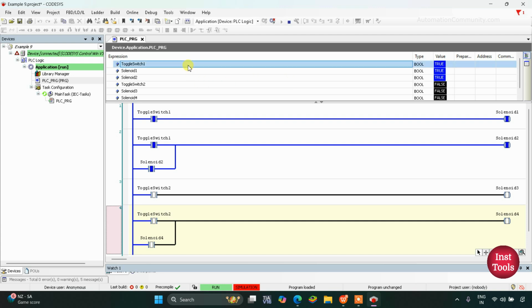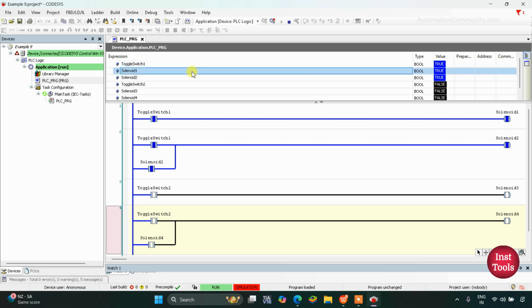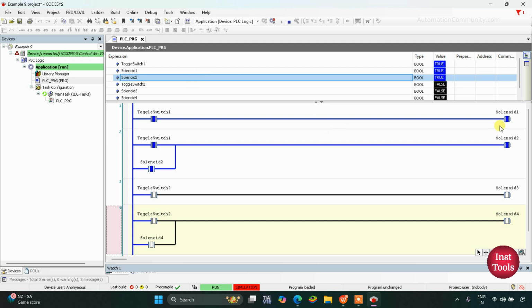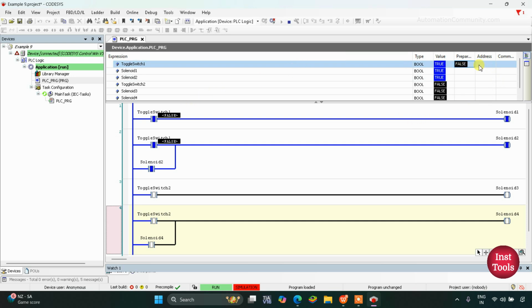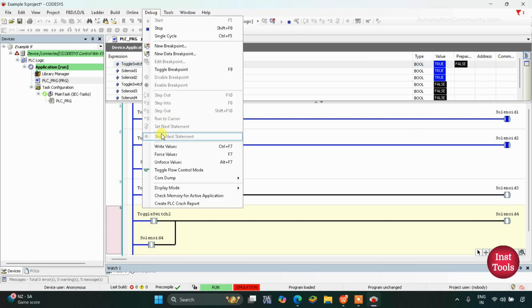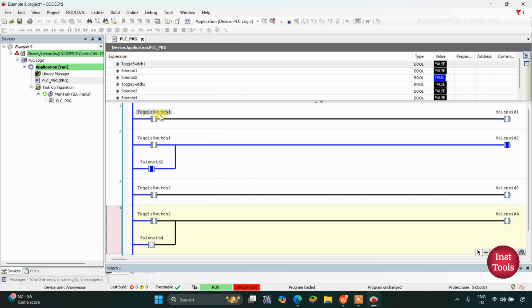As you can see here, when we turn on this toggle switch 1, solenoid 1 and solenoid 2, both solenoids turn on. You can see here, the signal passes through this as well as this and makes these two solenoids on. And when I turn off this toggle switch 1, I click here, make it false, and then go to debug and write values. You can see here the signal doesn't pass through this. As a result, solenoid 1 gets off. Similarly, this toggle switch 1 does not allow signal to pass through this, but the signal passes through this contact, which is solenoid 2, and which keeps this solenoid 2 on